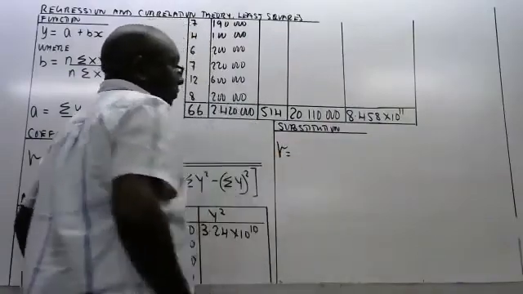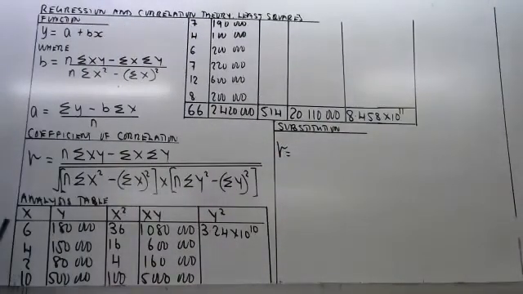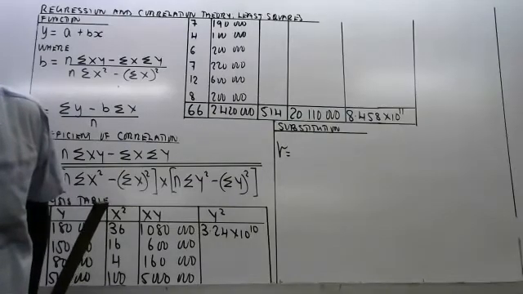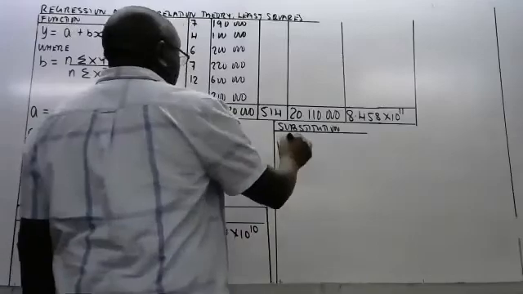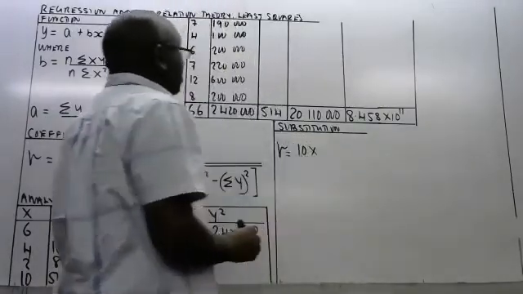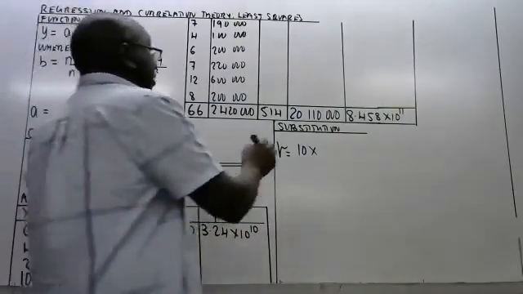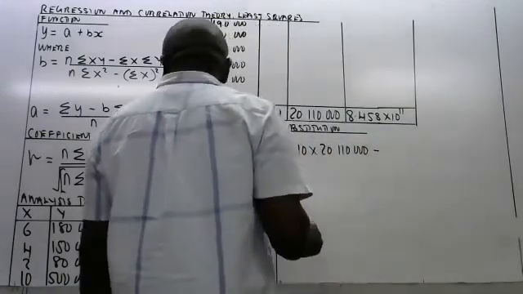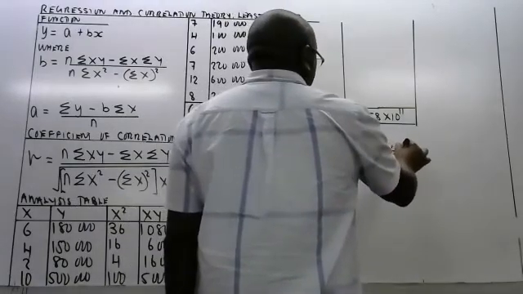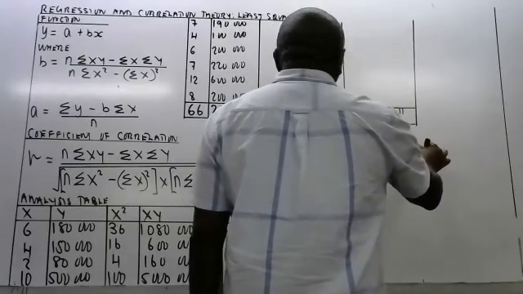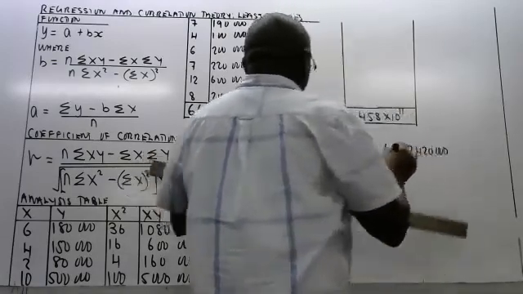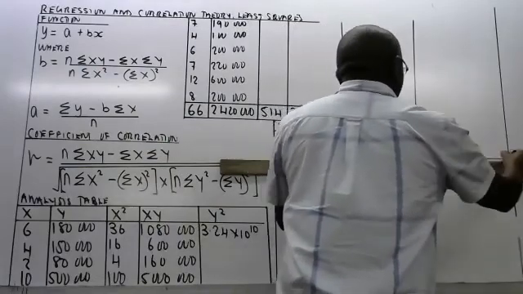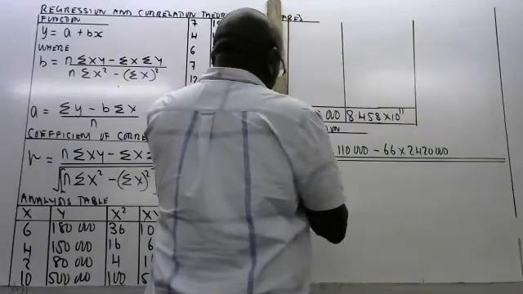And we start with R. So according to our formula, how many values are they? They are 10. So according to this, it will be 10 times sum of xy, which is 20,110,000, minus sum of x, which is 66, times sum of y, which is 2,420,000. Now all this you divide by the square root of,